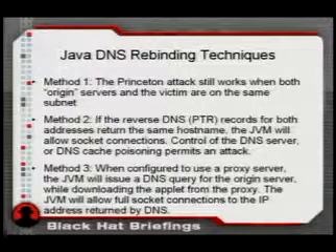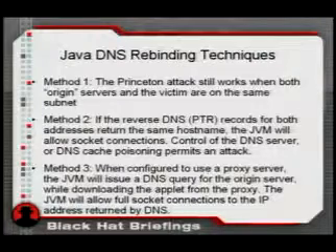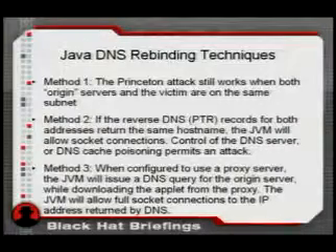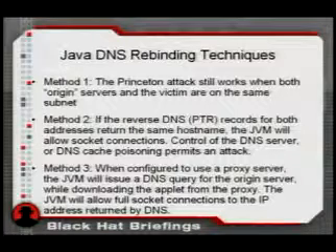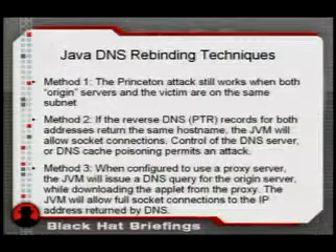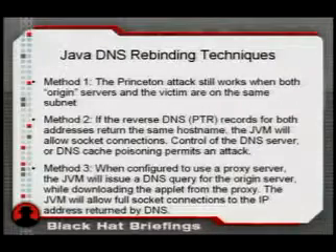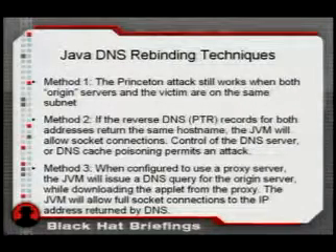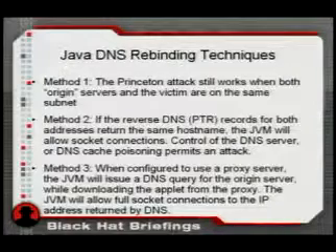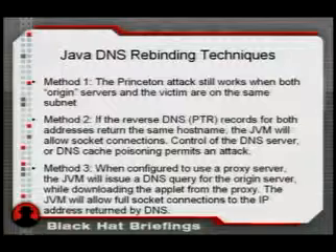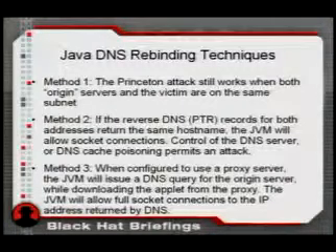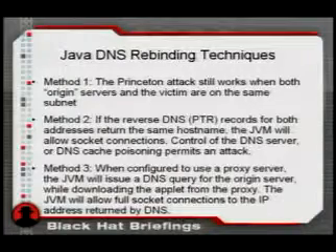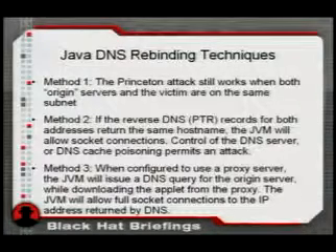Now, much like with the Live Connect attack, if the JVM has no way of knowing whether those 2 IP addresses match, and the attacker is able to coordinate it so that the IP address sent to the JVM is for the victim server, and the IP address sent to the proxy server is for the attack server, then an attack becomes possible. Now, of course, this relies on the internal hosts on a corporate network or a private network being able to resolve internet host names while still using a proxy server, but that's fairly common. There's a lot of enterprises that have their systems deployed that way.